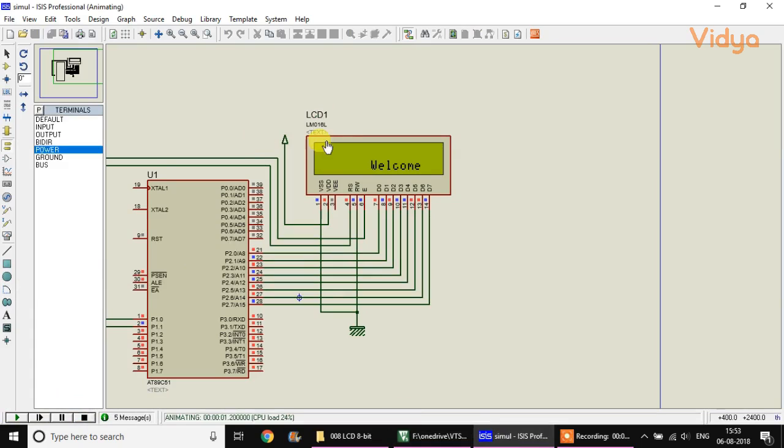The addresses are 80, 81, 82, 83, up to 8A, 8B up to 8F. Similarly, C0 to CF. We have to make sure if I have to print 7 characters, then I must start 7 characters before the last address, that is 8F.